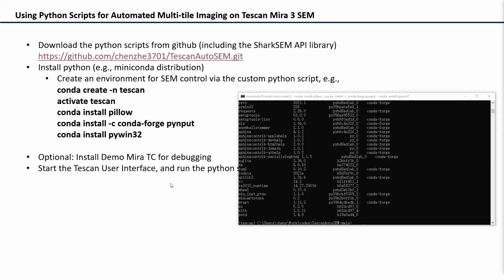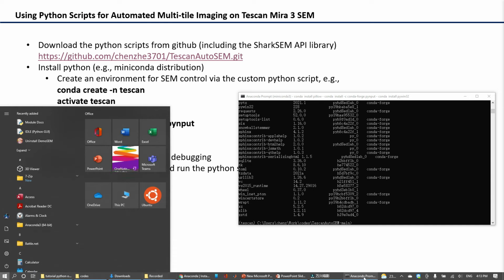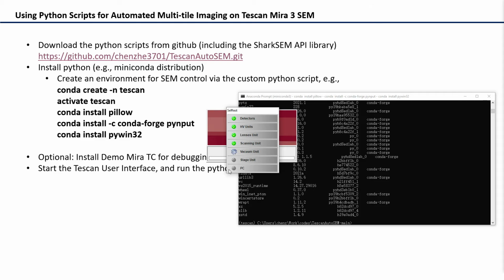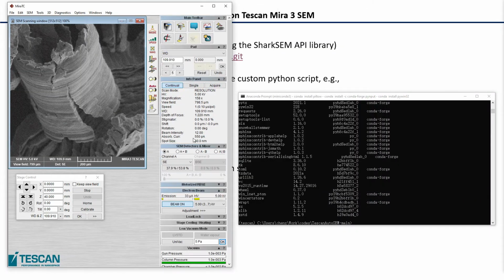It is like you have a user interface communicating with a virtual microscope, and you can operate that microscope using the interface or control it with your Python program. And you can see now I have this virtual microscope running.